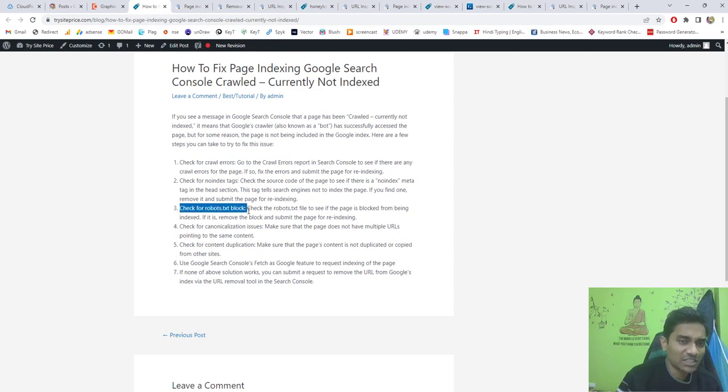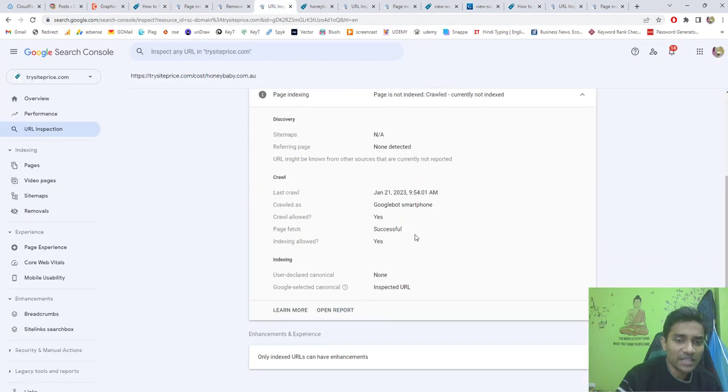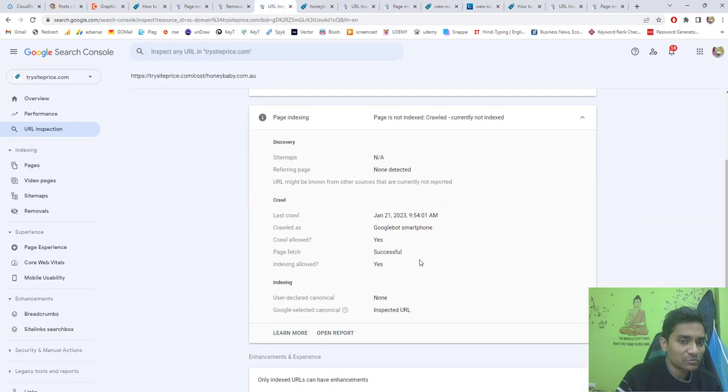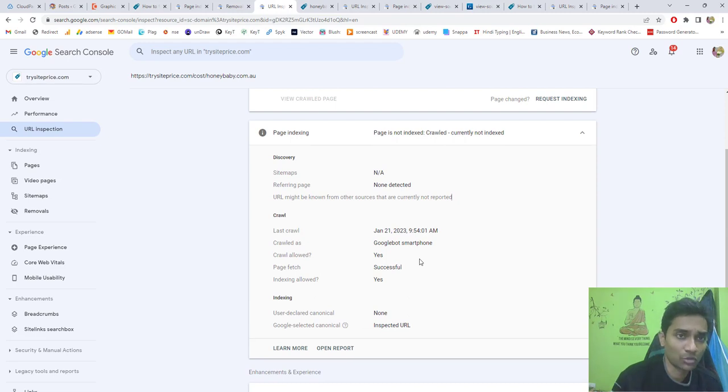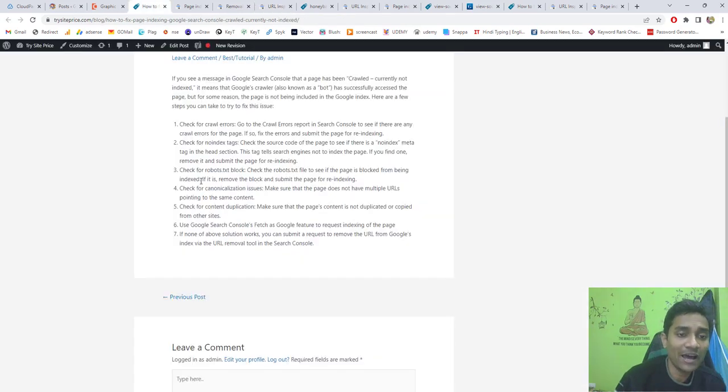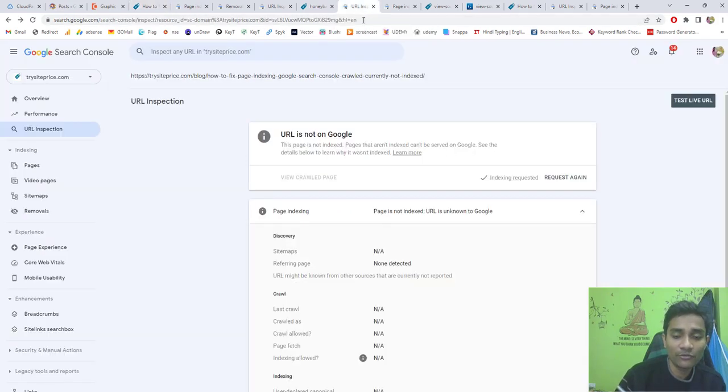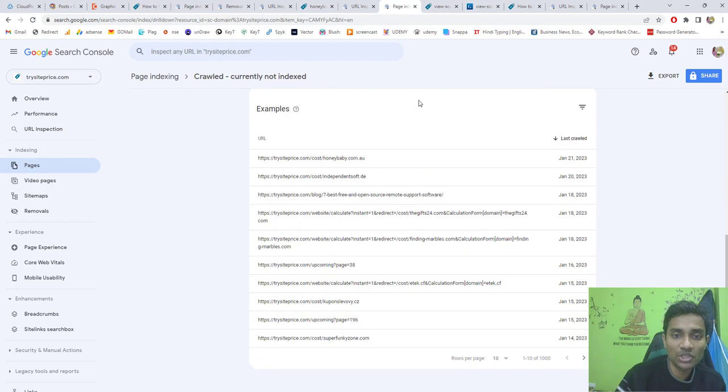So if it's blocked by robots.txt, it will show you inside this area that it is blocked by the robots.txt file. Just enter the URL and if you check, it will show you the errors. And the next option we have is to check for the canonicalization issue and make sure that the page does not have multiple URLs connected to that content. So if I show you some similar issue,